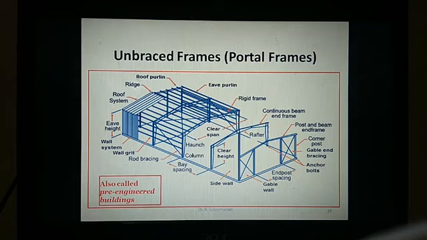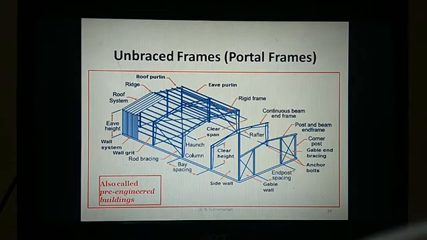Why? Because it is all based on the member: where exactly the stresses are more, the section will have more cross section at that particular point, and the rest will be tapered. Okay, so that is how pre-engineered buildings are going to be economical buildings for industrial structures. Why? Because you can design on your own based on the stresses acting in the particular element. So by that you can redefine the structural element, and you can design that with the help of stress analysis. Okay, so that is how unbraced frames or portal frames are going to be economical structures nowadays for all